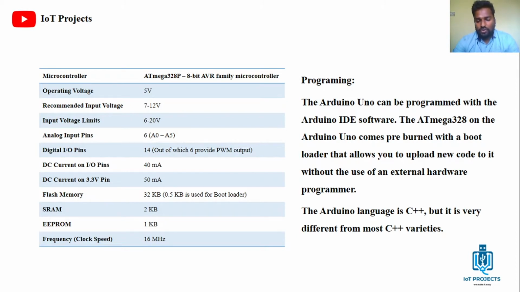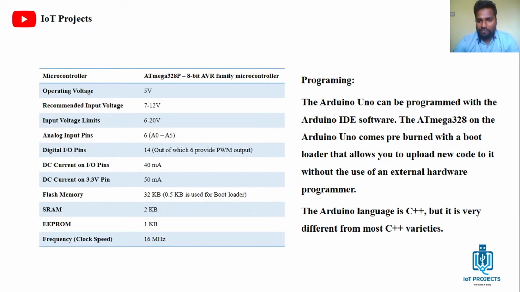So the CPU frequency, or CPU speed we can say, is the same for all these three types: Arduino Uno, Arduino Nano and Arduino Mega. For all of these three, the frequency is the same. The main difference between Arduino Uno, Nano and Mega is the input output pins. When we talk about the analog pins, there is a different number of pins in Arduino Uno and a different number of pins in Arduino Mega and Nano.